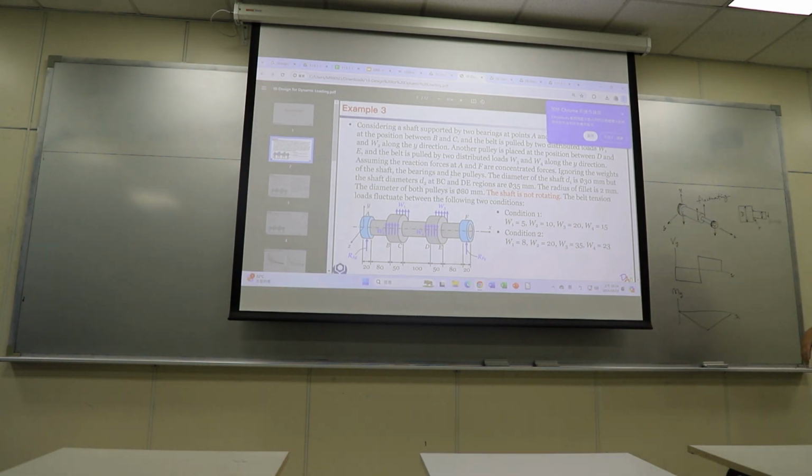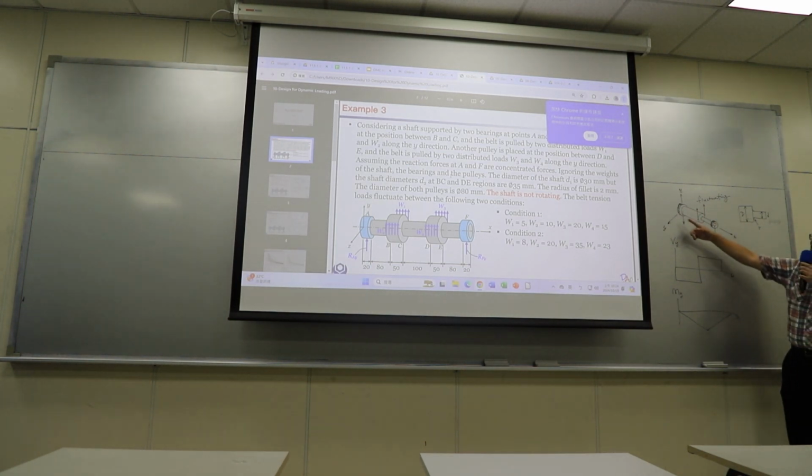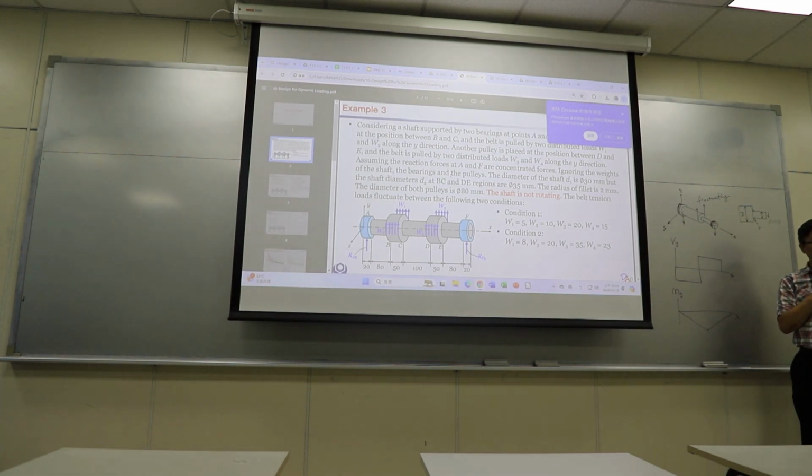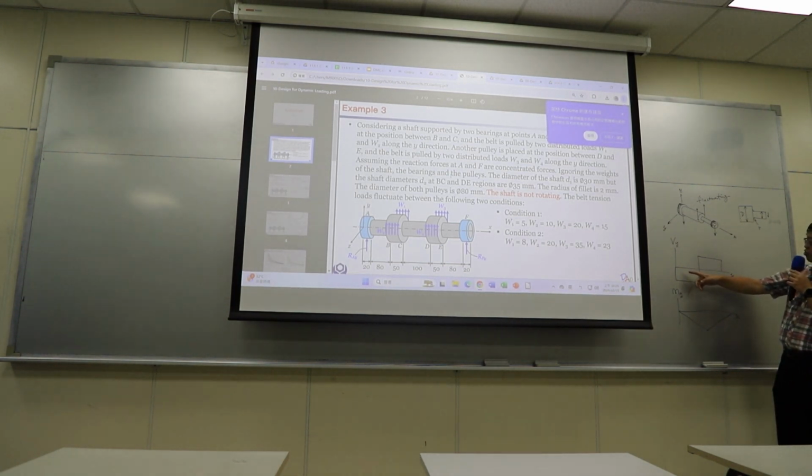So for tomorrow, I will give you simpler problems. This is just for you to know. Tomorrow's problem will be simple like this, but probably won't be the same. Just to give you a hint how it looks like. For a simple shaft like this, if you have 2 bearings on the side and some tension from a pulley at this middle point, then when you do the shear diagram, definitely you have a